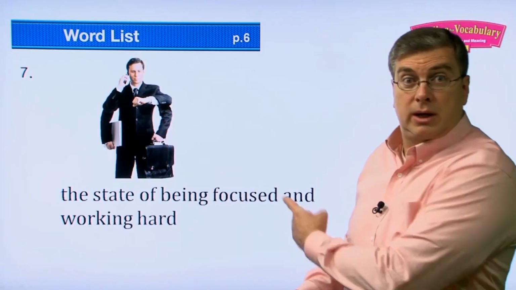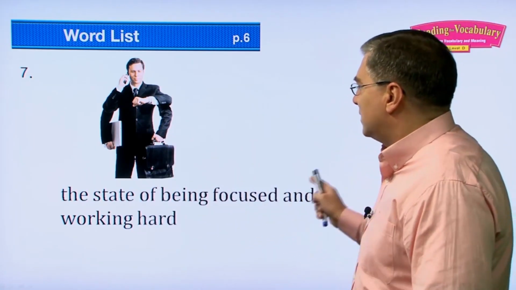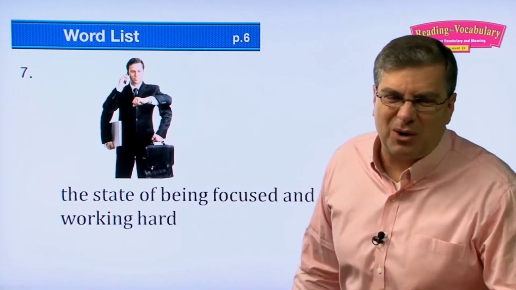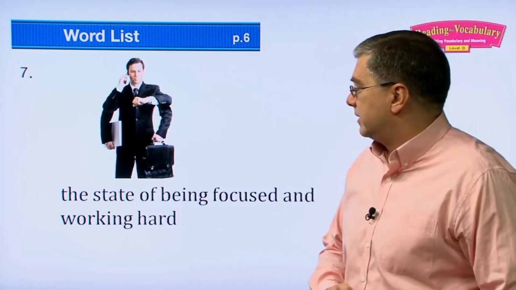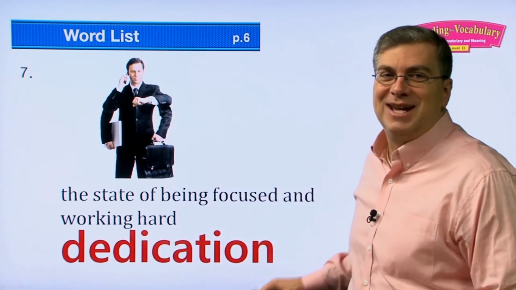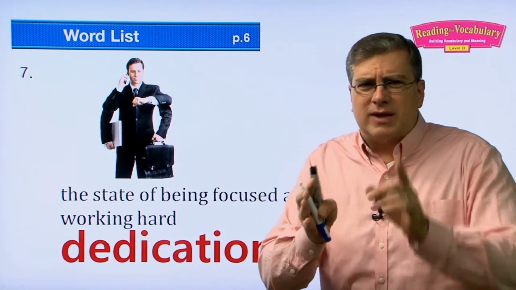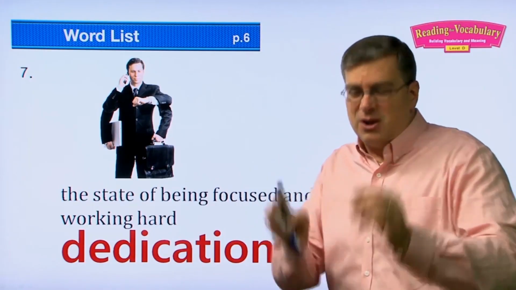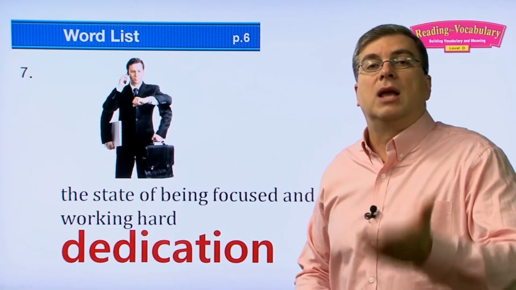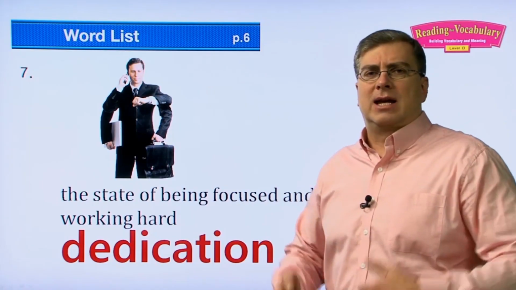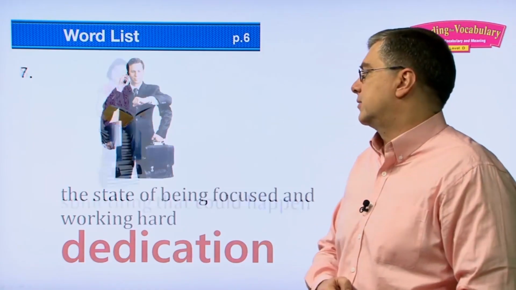Okay, next one. Whoa, what kind of crazy guy is that? He's got 4 arms. Okay, the state of being focused and working hard. He doesn't really have 4 arms. He's just really busy. It looks like he has 4 arms. Whew. A monster, right? Okay. Next, this word is dedication. If somebody is so focused on their work, they have a lot of focus. And sometimes when you do your homework, you're like this, right? You're very focused on your homework. You want to do a good job. You have a lot of dedication. Okay, that's like hard work, but also energy and hard work. It's dedication. Okay, next one.